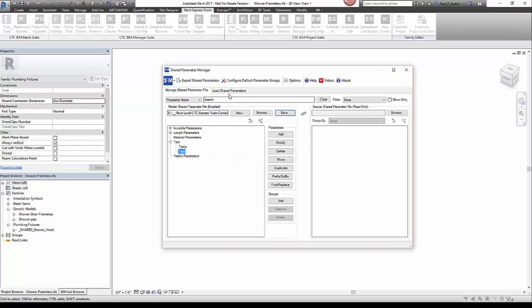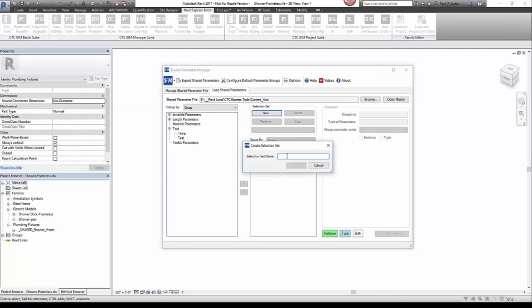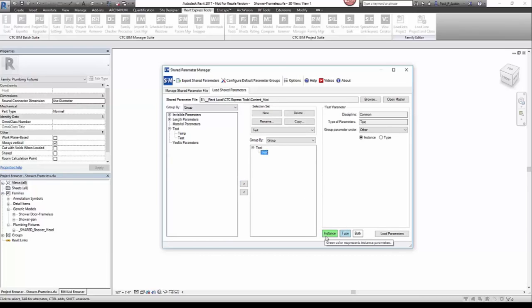And then if you go over to this load shared parameters tab, what you can actually do is, in the same tool, take that shared parameter now and load it into the current project, in this case, the current family. So over here, there's an open master button. And when I click that, it will load the same shared parameter file from the other tab. Then I can come over here and expand text. Now, the way this works is you have to create a selection set over here. So I'm going to create a new selection set that I just call test and create that. And then I'm going to take this test parameter here and use the little button here and add it over there. It'll highlight in green